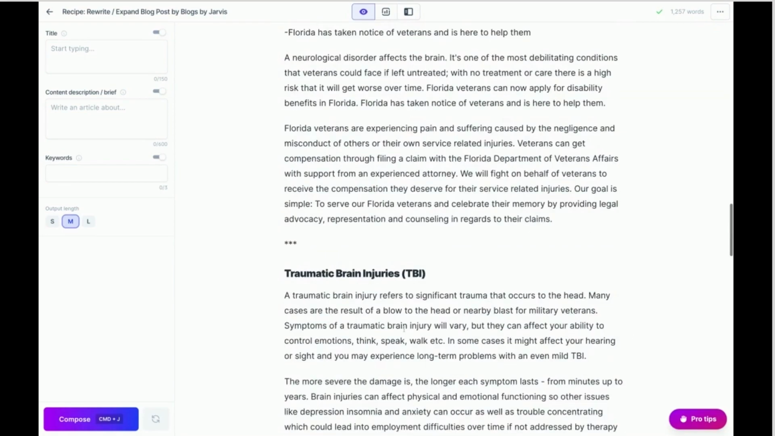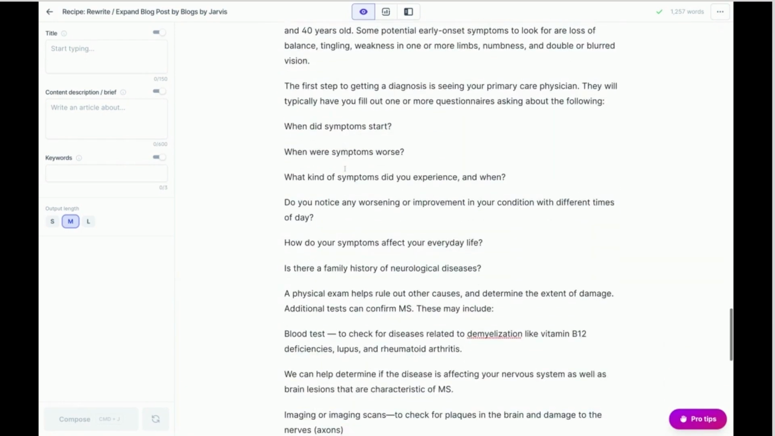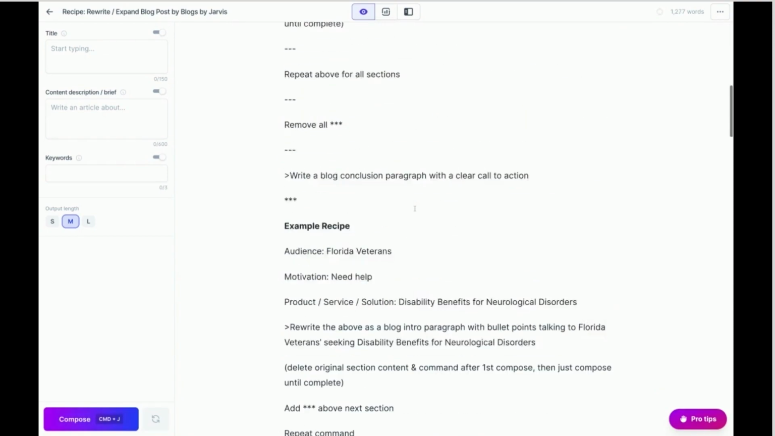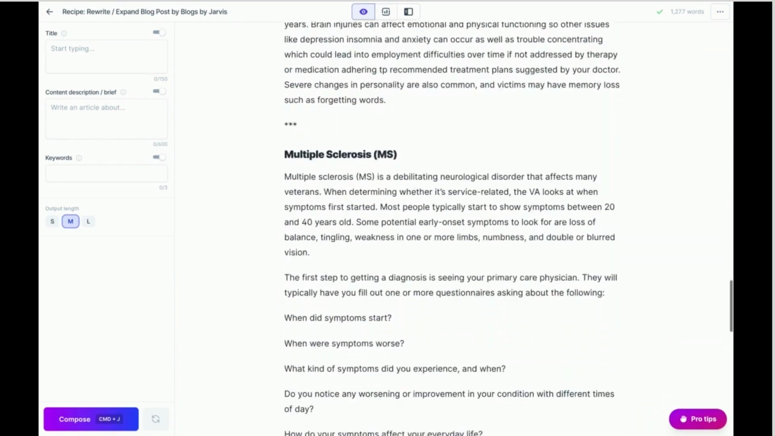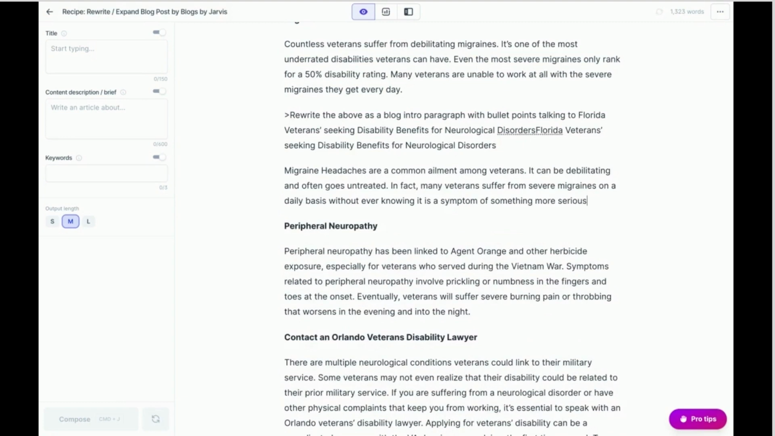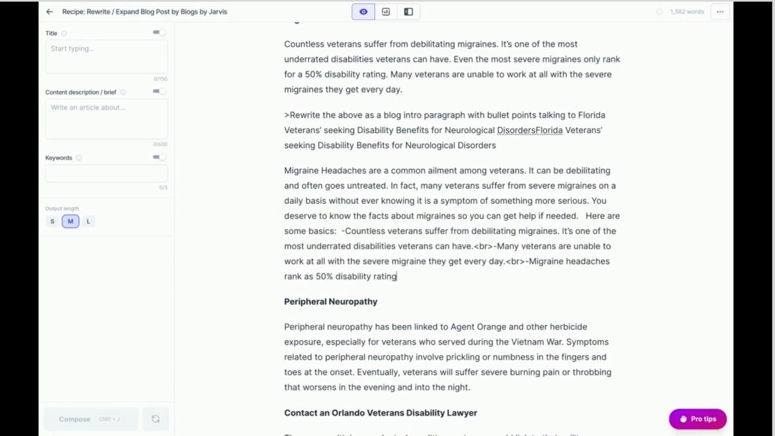So let's just follow the recipe again. So we're going to get that command. This is only a little paragraph, so it won't take very long. Okay, so